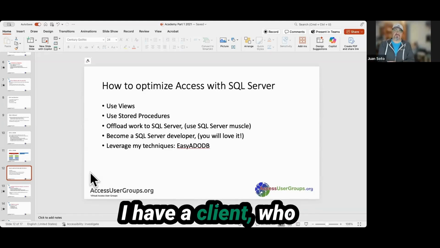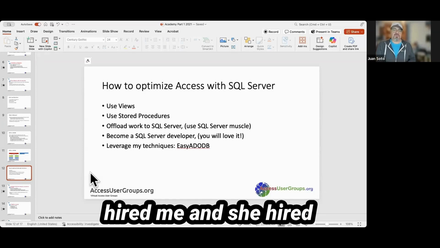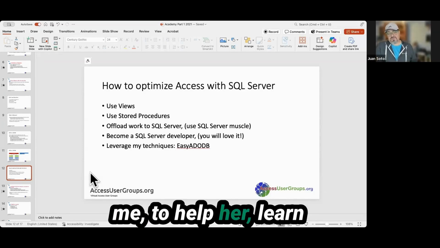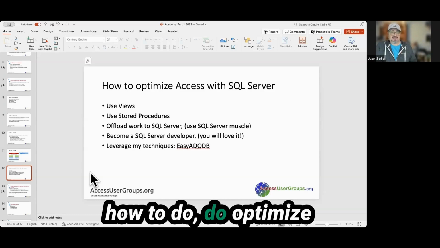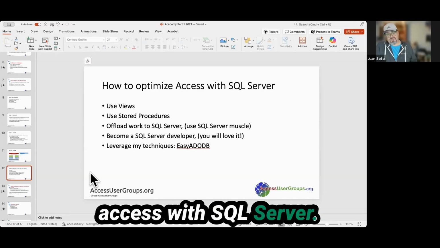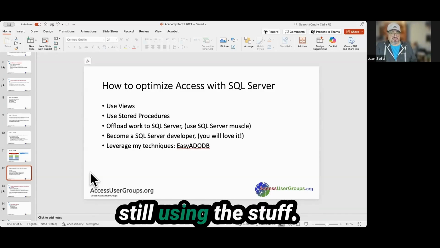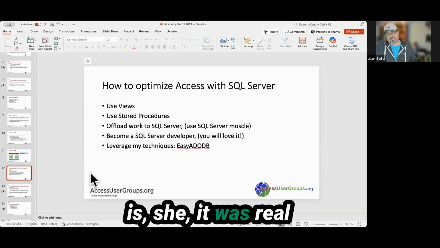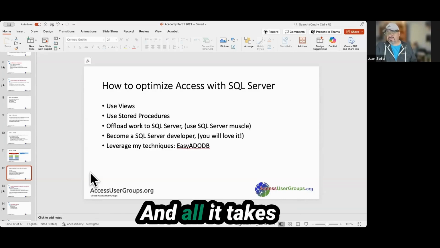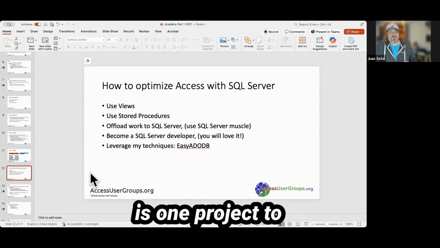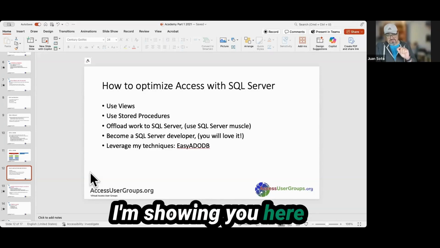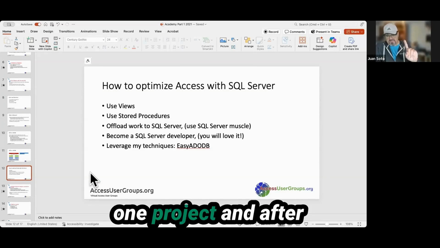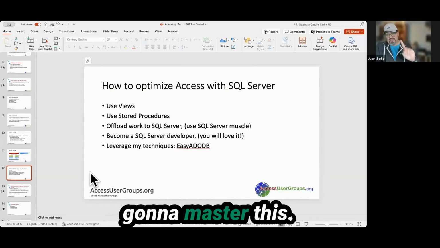I have a client who hired me to help her learn how to optimize Access with SQL Server. And to this day, she's still using this stuff. I'm not going to mention her name, but it was a real eye-opener for her, and all it takes is one project to learn this stuff I'm showing you here. After one project, you're going to master this.